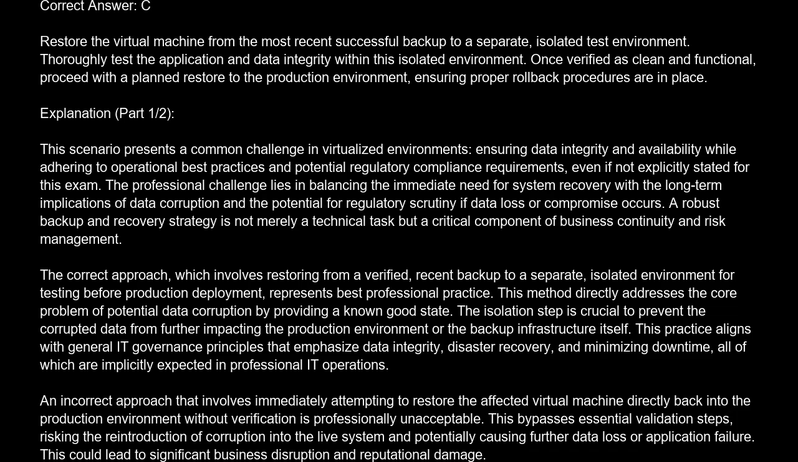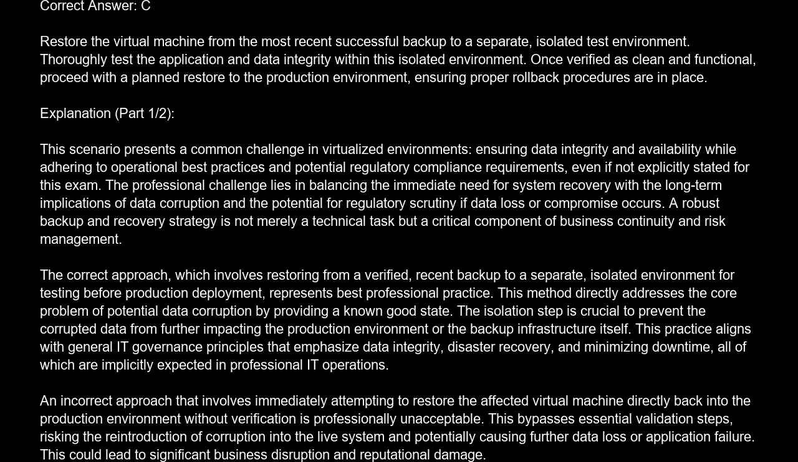Correct answer is C. Restore the virtual machine from the most recent successful backup to a separate, isolated test environment. Thoroughly test the application and data integrity within this isolated environment. Once verified as clean and functional, proceed with a planned restore to the production environment, ensuring proper rollback procedures are